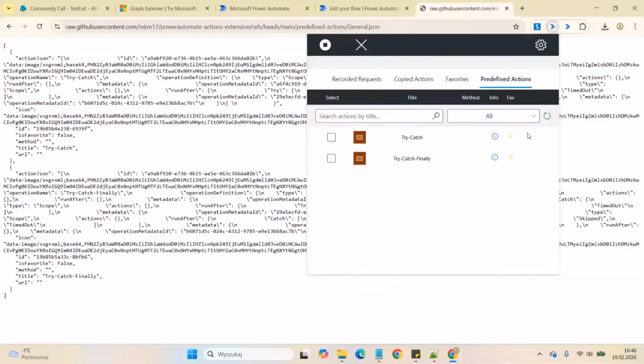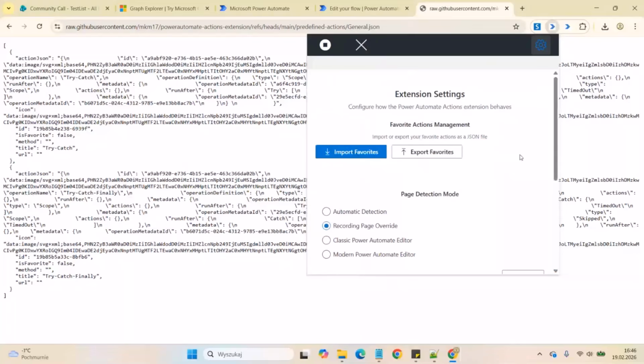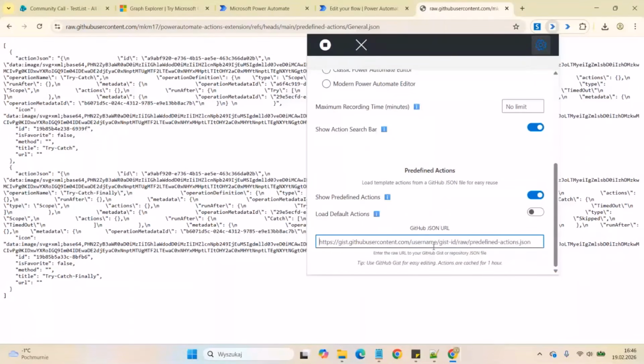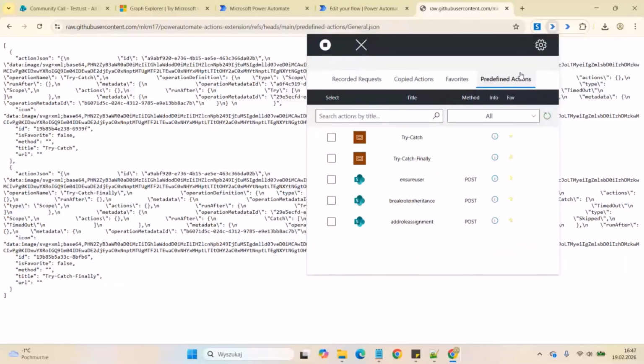It can also be copied, and it can be a little bit like a function, which you can use in Power Automate. Another idea which I have implemented is not the actions which you store, but something that I generate. Using this option, load default actions, you will get the list which I prepared. Now it's quite small, but the idea is to extend it and make it bigger and bigger, and maybe to fill the gaps of actions which do not currently exist in Power Automate, but maybe are useful. Okay, so that's all regarding